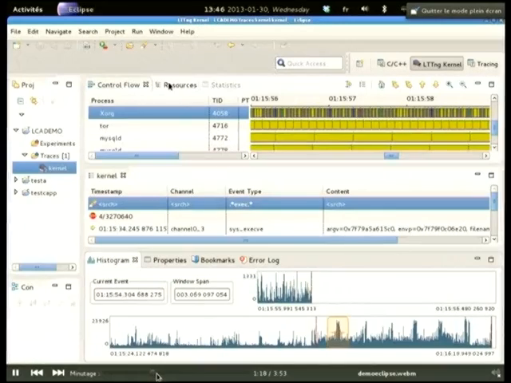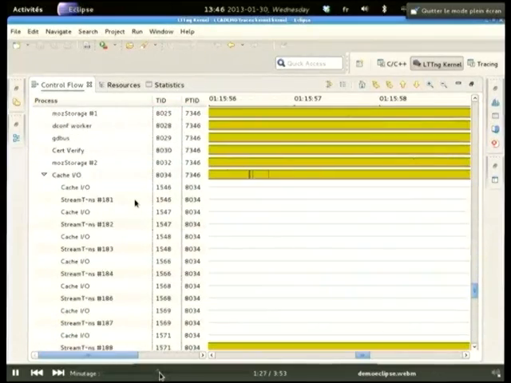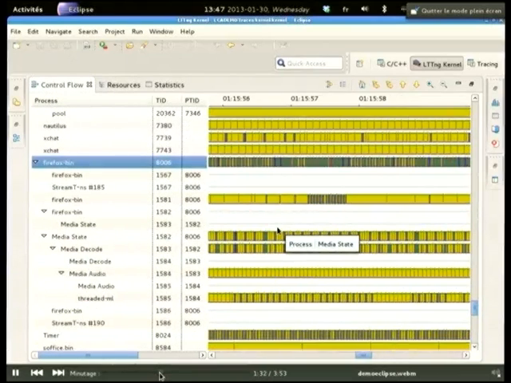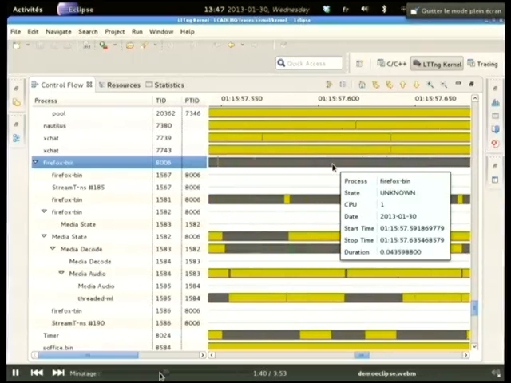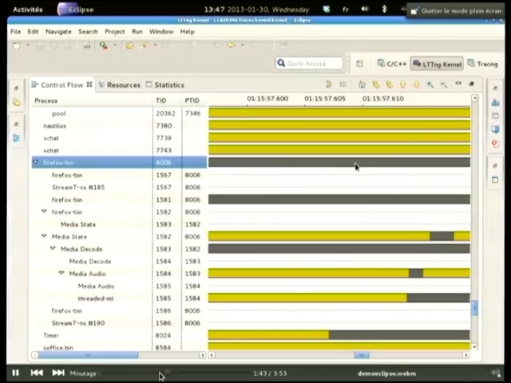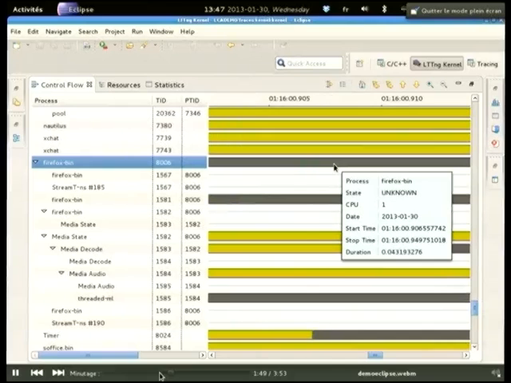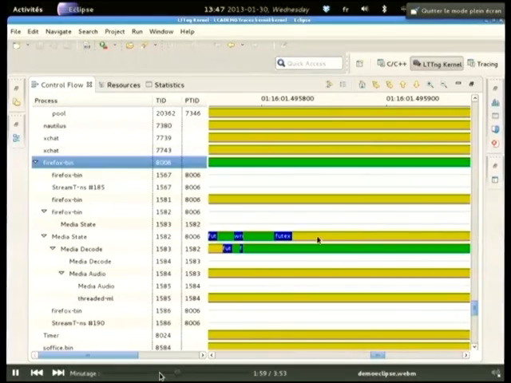So when you pinpoint a nice area, you can go to the control flow view that shows each process and all its states. Here we see in yellow it's just waiting, and in gray is a mix of events. Green is running actually on the CPU, and blue is running in a system call. If you have a pop-up, you have the CPU number. There was a lot of processing, a lot of waiting. You can see here running, syscall, running, syscall, so it was reading some files or some socket. And